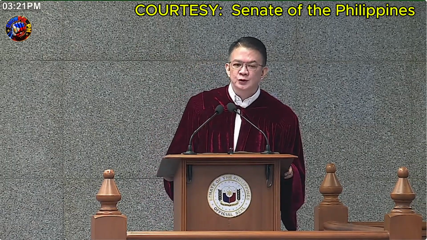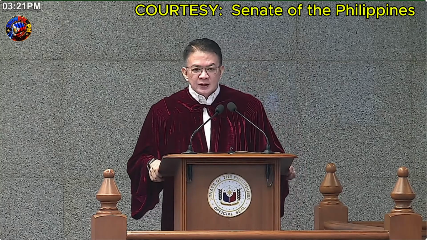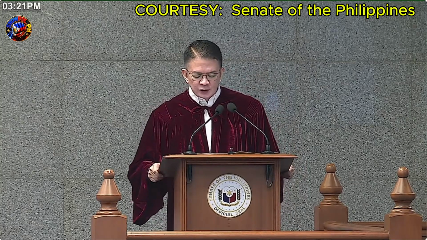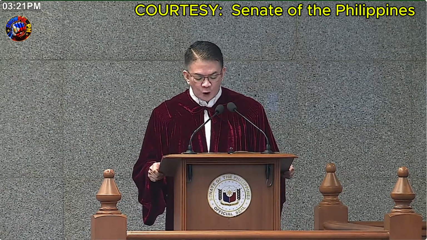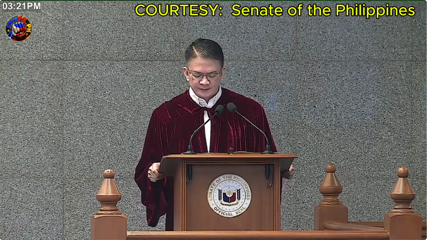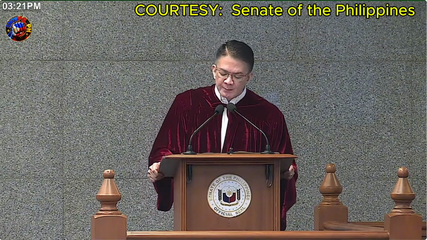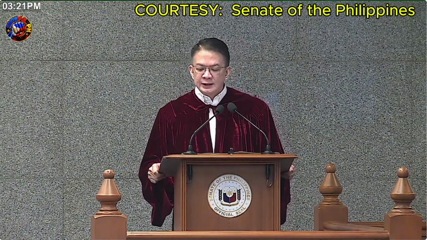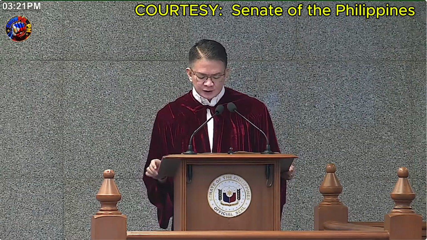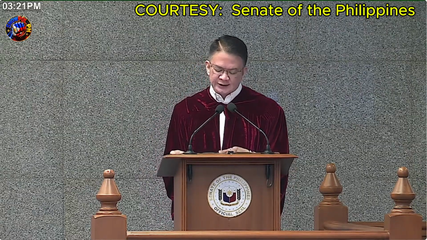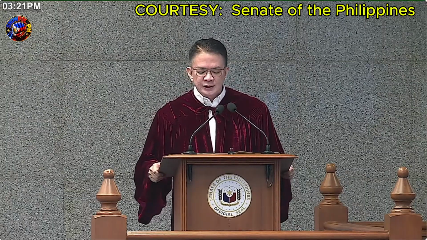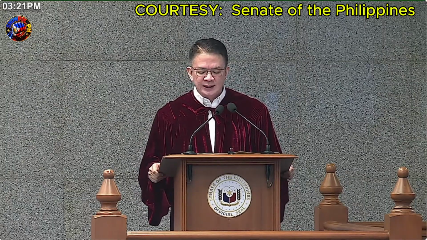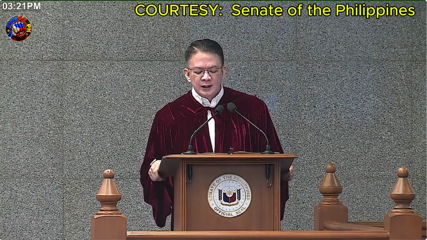On the first issue, the Constitution provides that no person shall be convicted without the concurrence of 2/3 of all the members of the Senate. With 24 members of the Senate, a literal interpretation of this means that conviction requires the affirmative vote of at least 16 senator judges. This literal interpretation finds direct support in the 2000 case of Bayan versus Zamora, which concerned